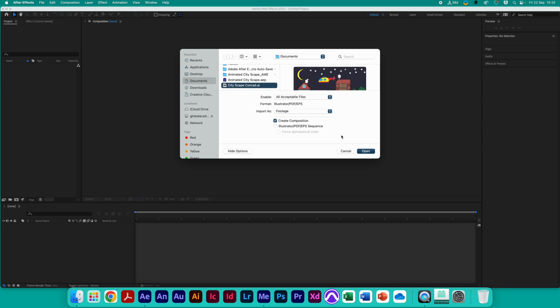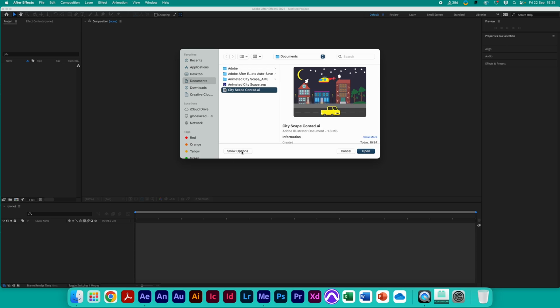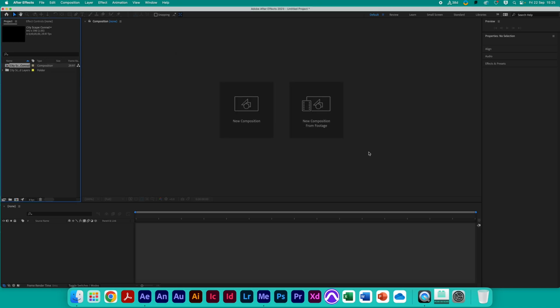Before I just click Open and ignore these really important options here, sometimes you'll see them and those options will be hidden, but I need to make sure that I choose to import it as a composition and retain the layer sizes. I've also got to make sure this tick box is ticked to create the composition. So I'm going to open that in After Effects, and it then brings this folder in